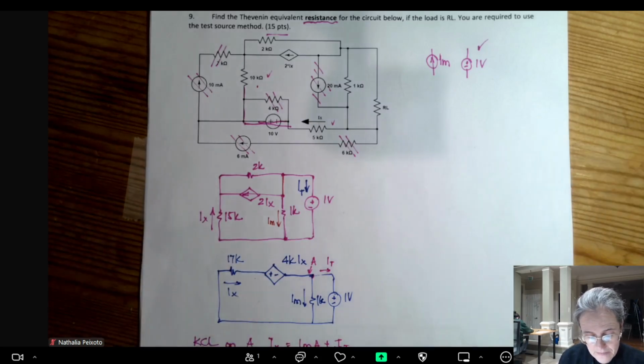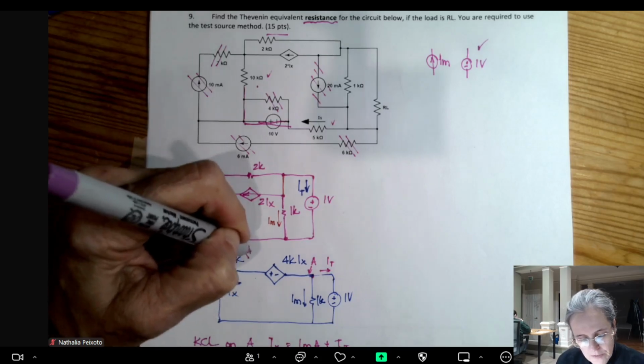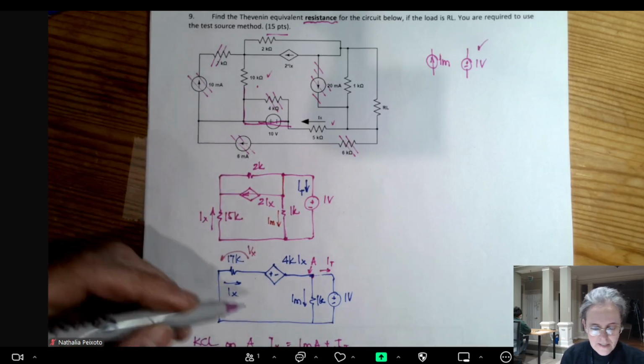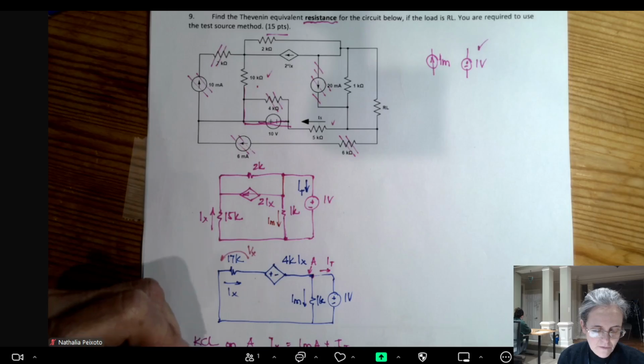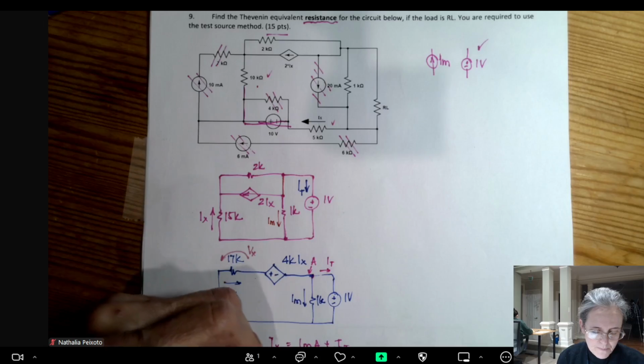So to find Ix, the easiest will probably be to do KVL on this outermost loop, because look, this is a voltage drop here, Vx, and Vx is 17k Ix, so KVL on the outer loop will be,